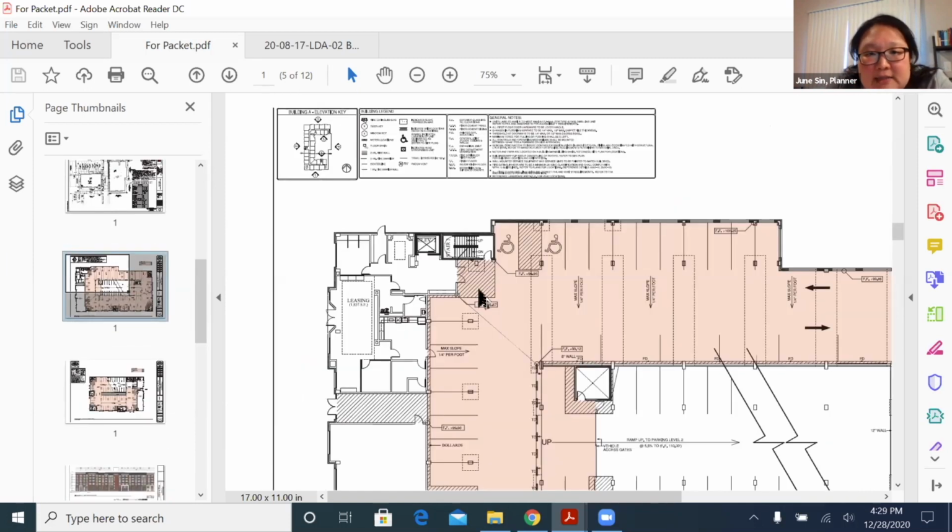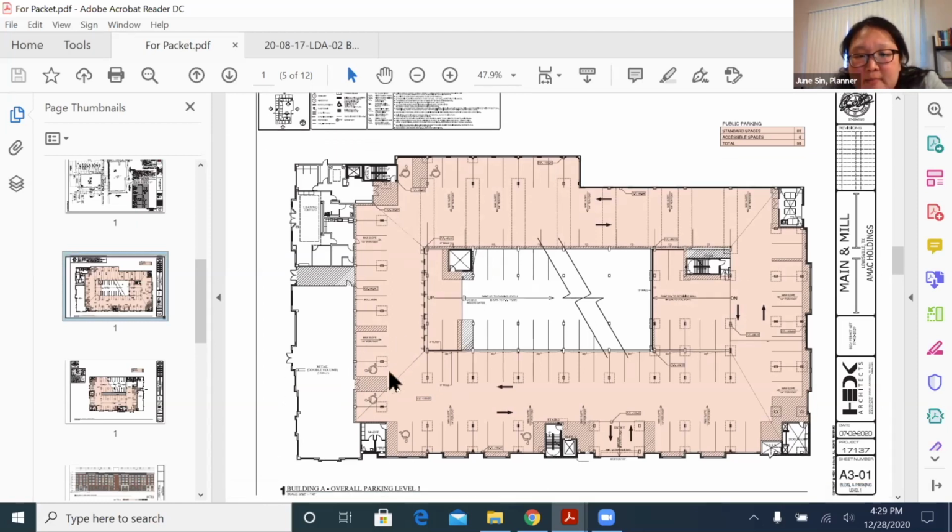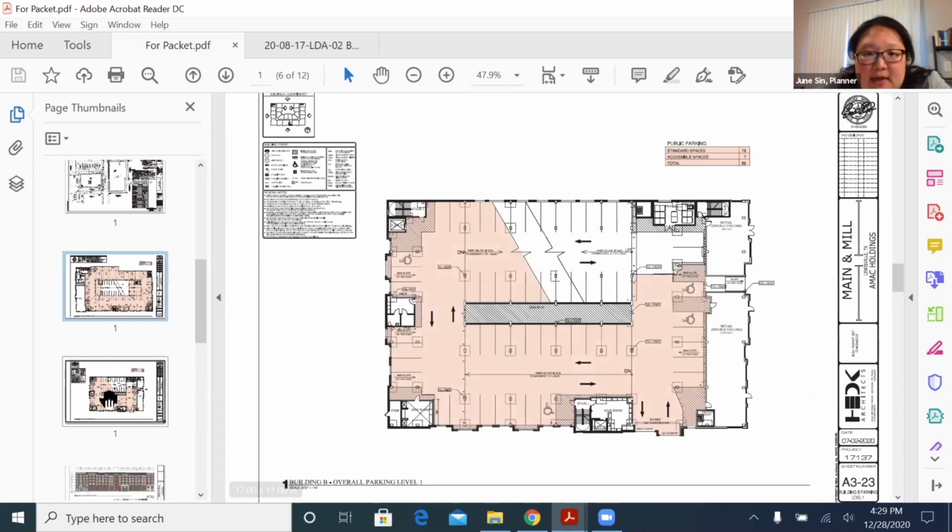So again, this is how the building is laid out. They have white brick decorating each corner here, with the taller tower-like bay here to truly highlight the corners. And on the building